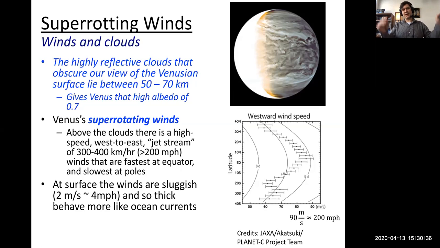Once you get through that, and then you go through your sulfuric acid clouds and the sulfuric acid haze down into the clear skies at the bottom of the troposphere, by the time you get to the bottom, that nice thick 90 atmospheres of pressure, the air is kind of soupy. That might be the best way to describe it. At that pressure, the air is going to behave more like ocean currents or water almost, although it's still a gas. So the very, very gentle, sluggish 4 mile per hour winds occur at the surface, but they behave more like ocean currents.